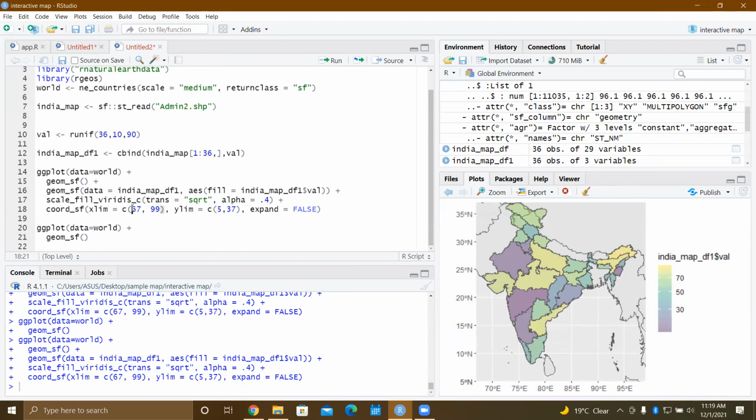And when you put a negative number, then it will be west. I mean, minus 67 means 67 degrees west. Similarly, 5 is a positive number, 5 degrees north. If minus 5 is given, it will be 5 degrees south. This is the difference.